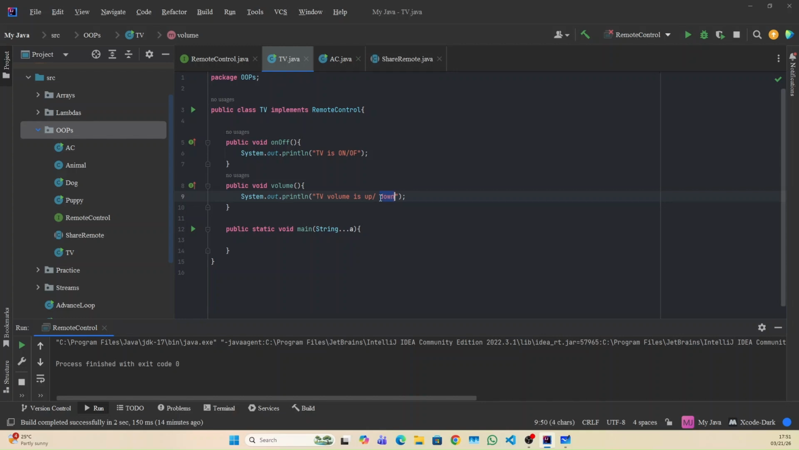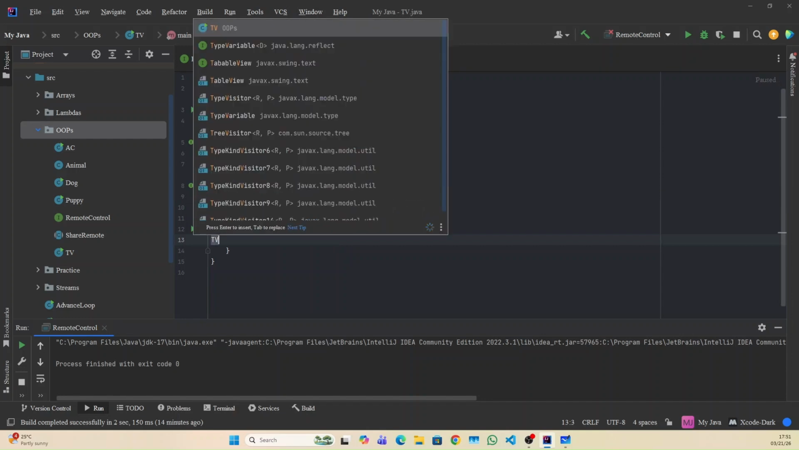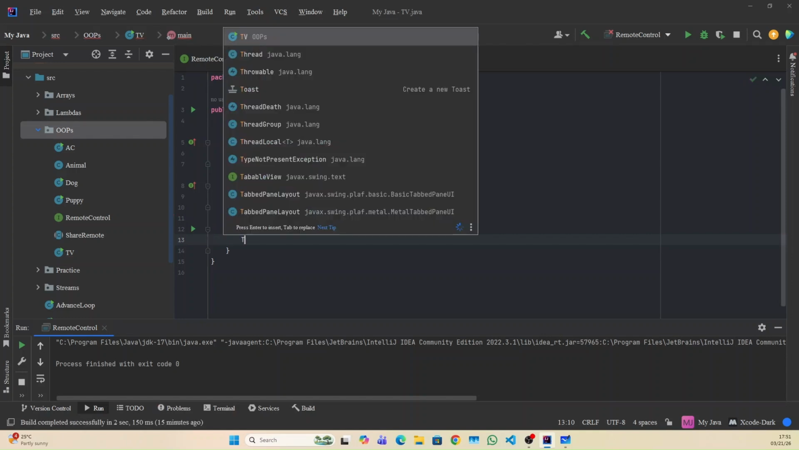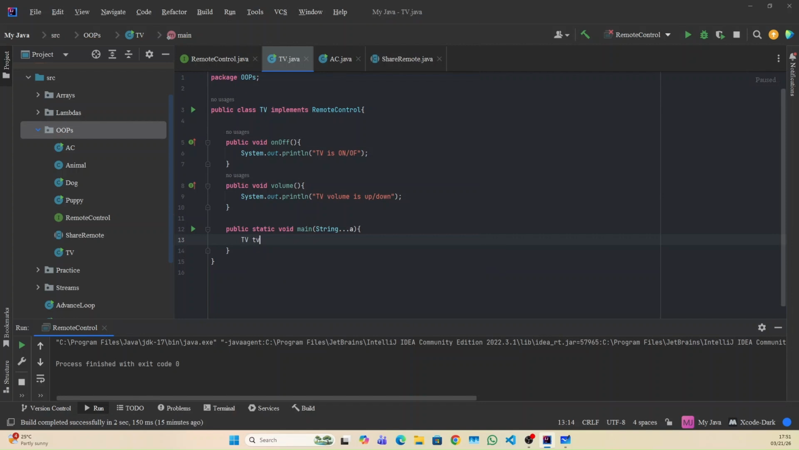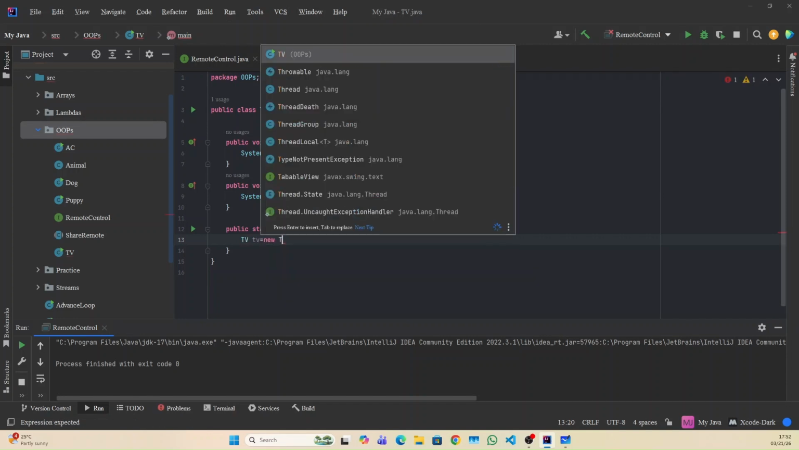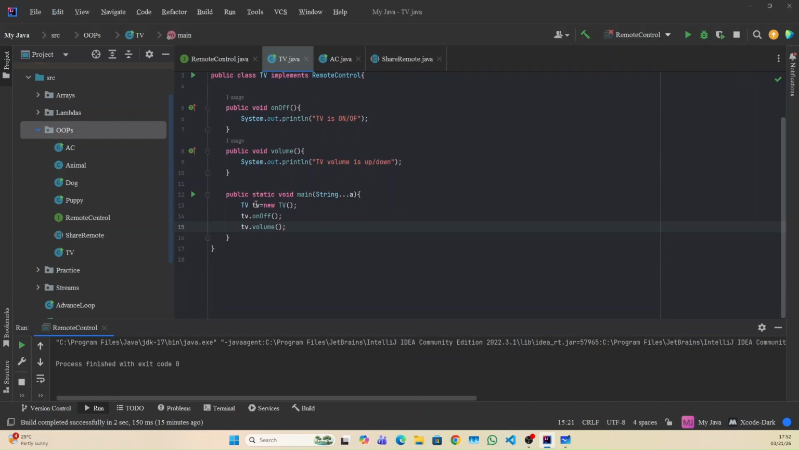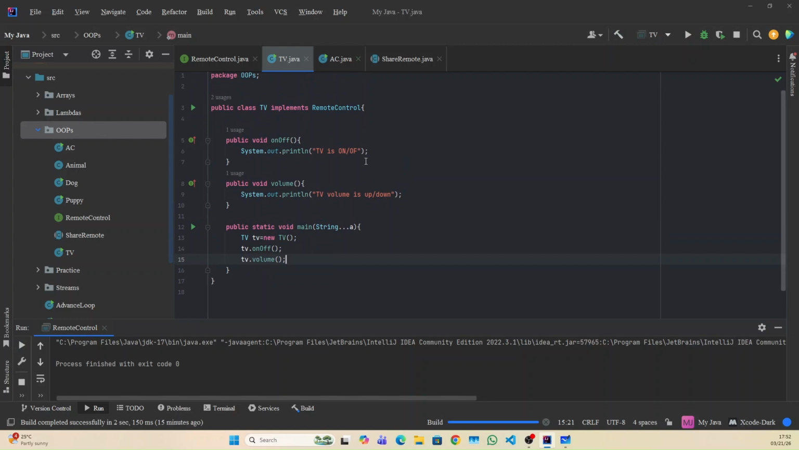Now, if you are going to create an object of TV, let me go: TV equal new TV, then you can call TV dot on off and TV dot volume. If I execute this, then you'll see we have implemented both the methods that are written in the remote control,